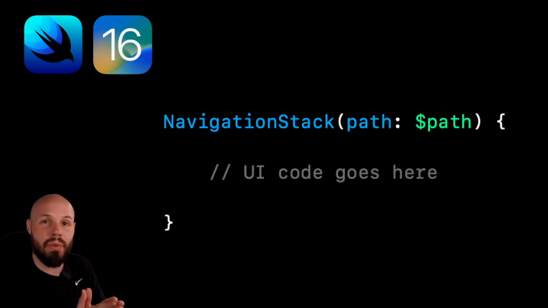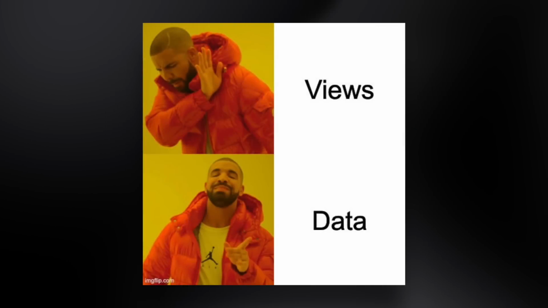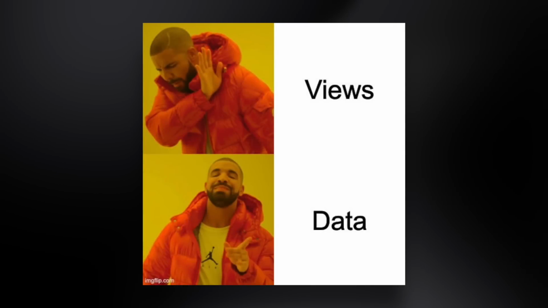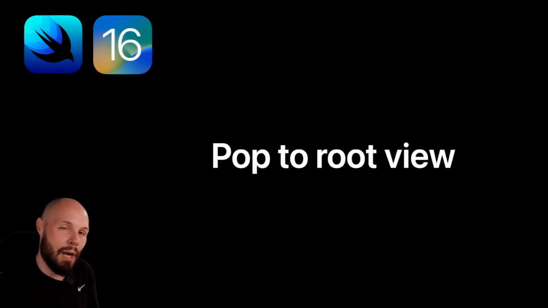Programmatic navigation in SwiftUI got a huge improvement in iOS 16 with NavigationStack. NavigationStack works with data or values instead of views, and this gives us a ton of control over our navigation programmatically. We can manipulate that data to navigate to whichever screen we like, including the very common pop back to